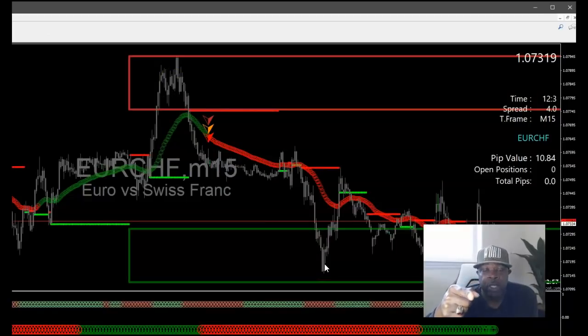You enter a trade with excitement, but then the moment you click the button, tell the truth. Has it happened to you? The moment you click that button, you clicked it with excitement because you said, okay, I did my analysis, I did my drop down analysis, I checked my trend line, whatever you do. You enter the trade with certainty,